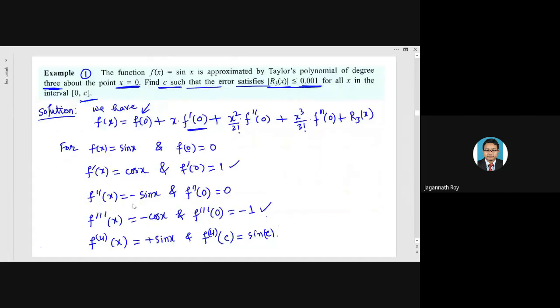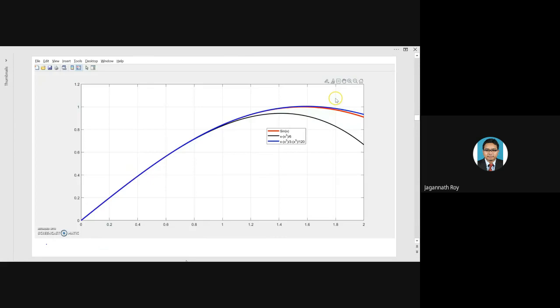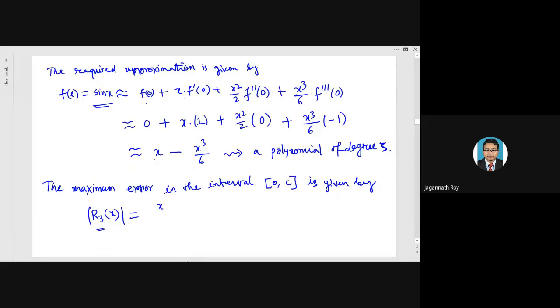Here it is. x minus 0 whole to the power 4 by, n is 3, so that is 3 plus 1 factorial, times f4 of c. Okay. And this is bounded by